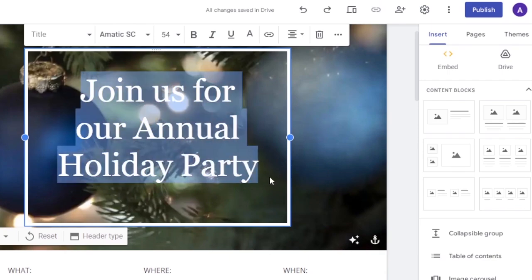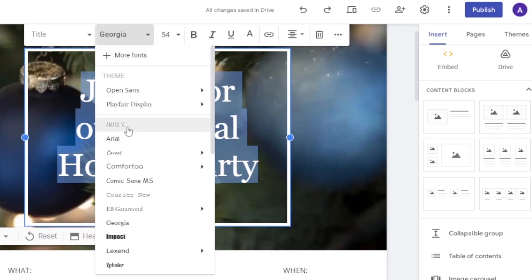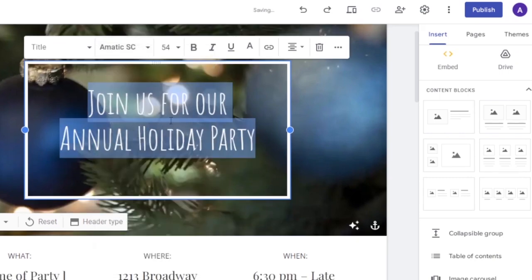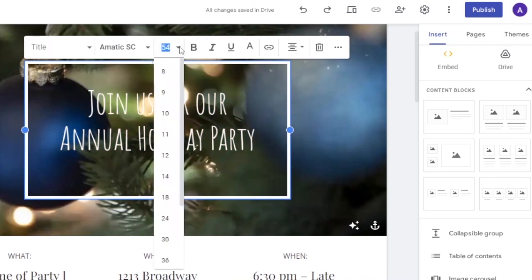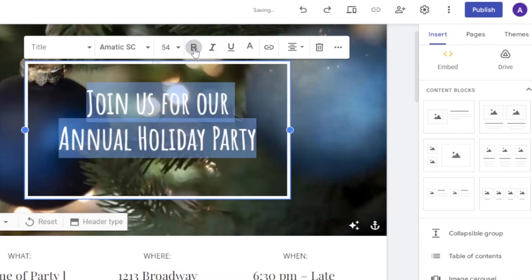Okay, so I have to select that first. Wait a second, and I'm going to click on this, and I'm going to make it like this. So, join us for our annual holiday party. It now looks like this. Then you have an option to change the font size if you want to. You can bold it, let's say I want to bold it, then you can make it italic, you can underline it,